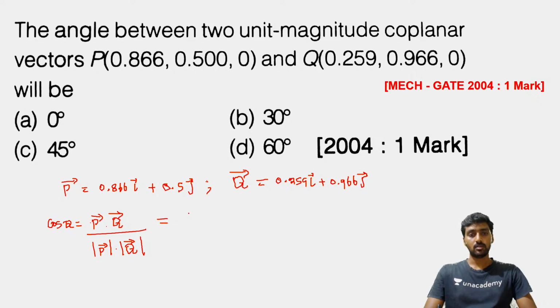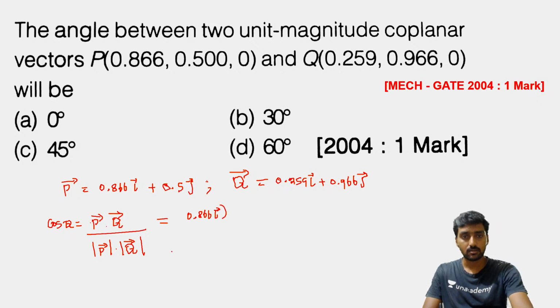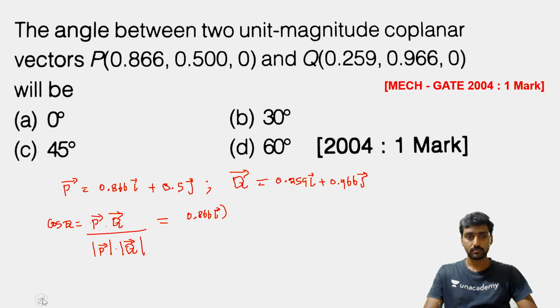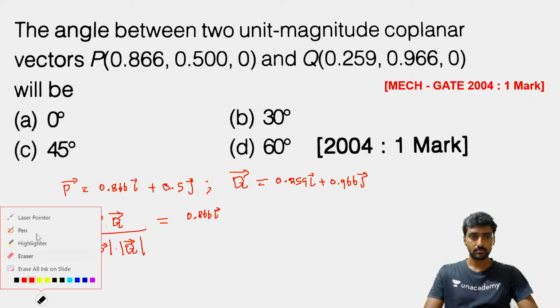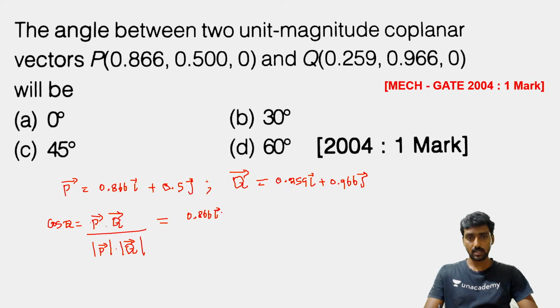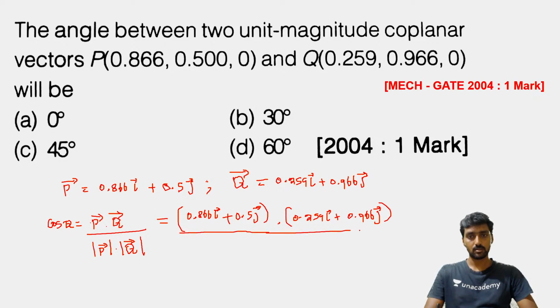Now substitute: 0.866 I vector plus 0.5 J vector dot 0.259 I vector plus 0.966 J vector, divided by, I will show you the things one by one, divided by